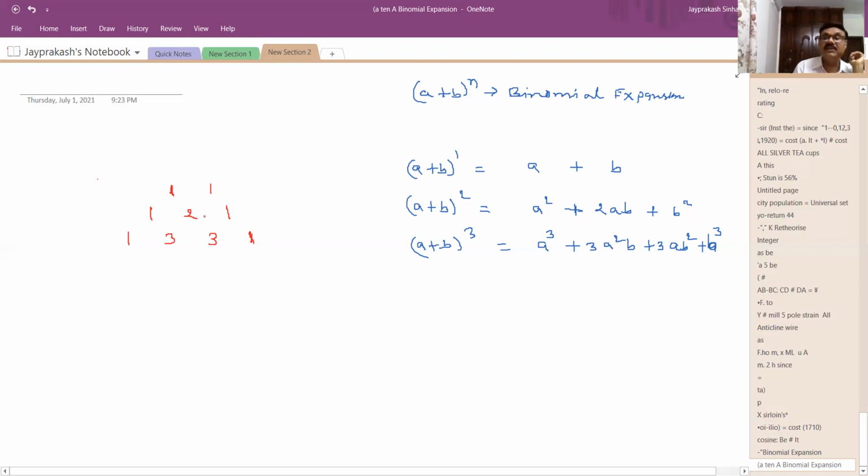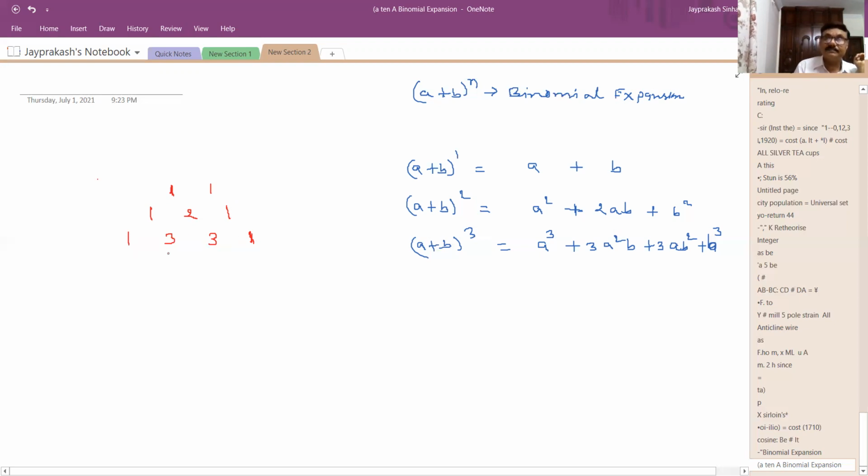And how are these figures coming? Here 1 is there, here 1 is also there. So just add this 1 and 1, it becomes 2, and write this value 2 in between. This one will go leftwards and this one will go rightwards. Similarly, 1 plus 1, write the middle value as 2, and write 1 diagonally, in the leftward diagonal and the rightward diagonal. Here also you write 1, 1 like that.